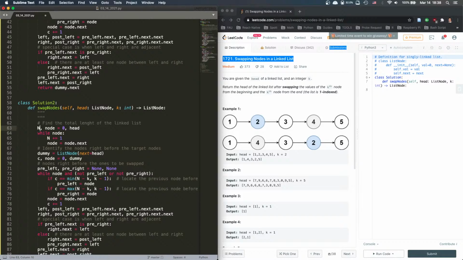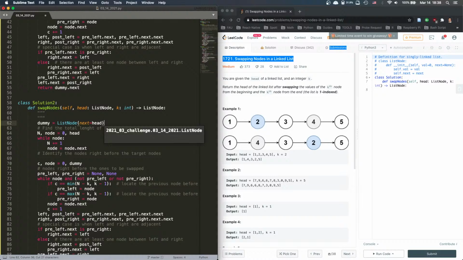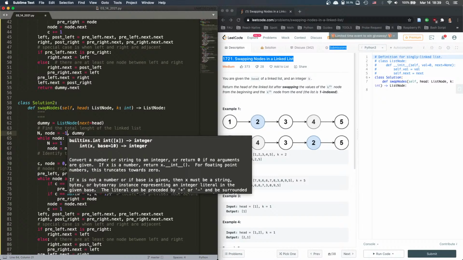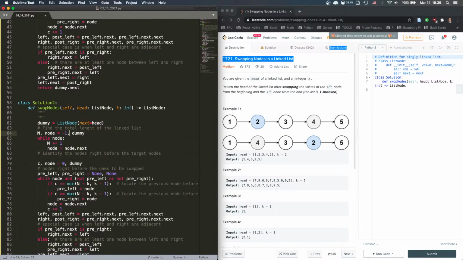So we're gonna call it a left, pre-left. We have to do this first, right? I'll do this first. Get the node. It's gonna be dummy. And if we want to have n, n has to be -1 because I don't want to count the dummy. And then while node,